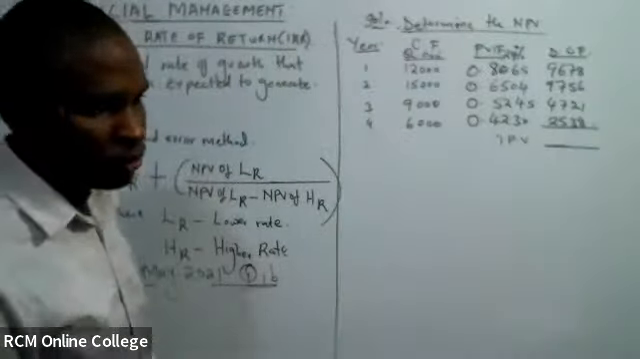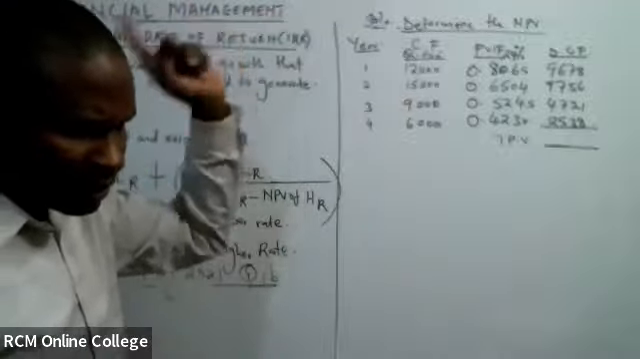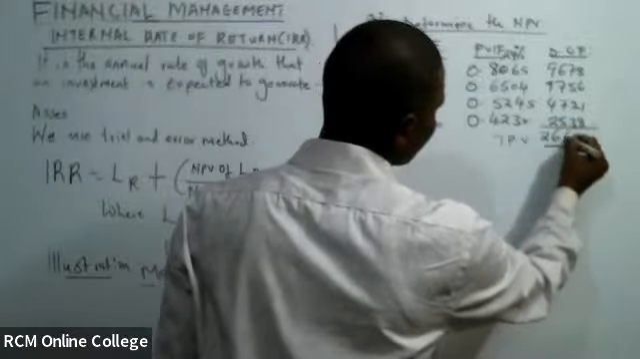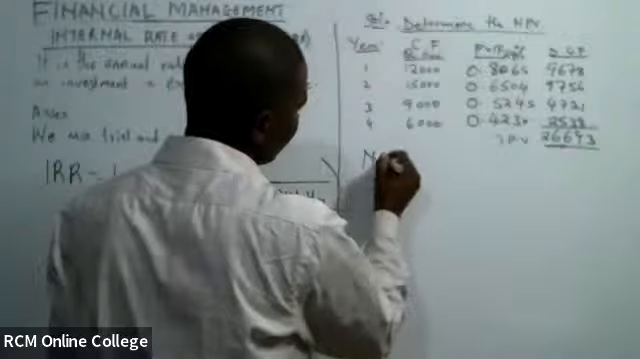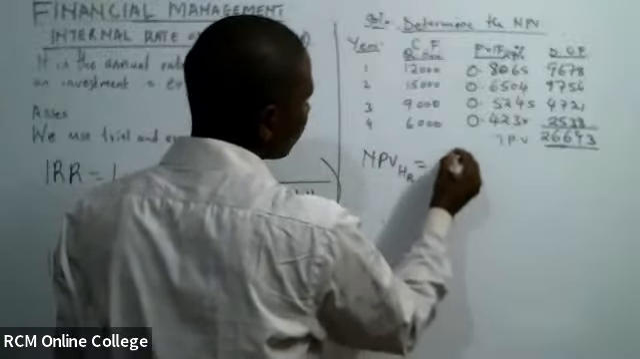Present value, wacha tuone, will be the first one kuchapa hiyo. Hiyo speed ni muhimu. 26,693. Great. Now we get the NPV using the higher rate. Itakuwa